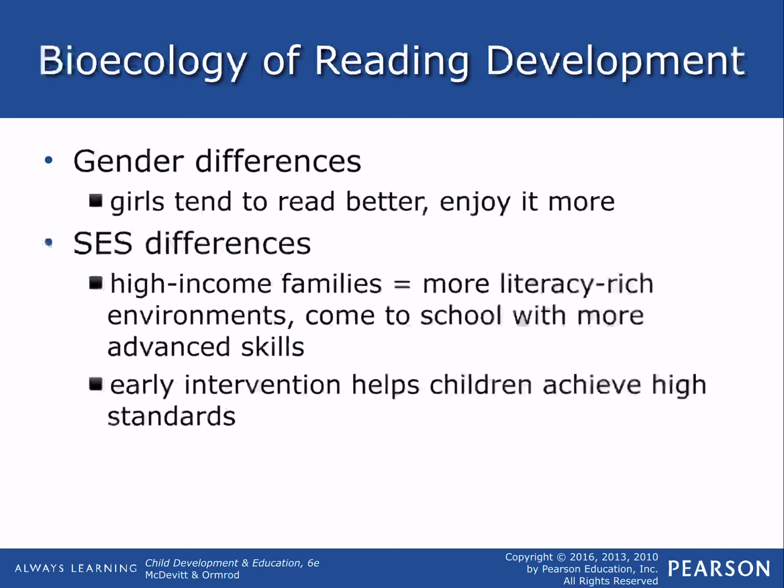Socioeconomic status differences. There's more literacy because there's a more literacy-rich environment. And so they come to school with more advanced skills, even, when they start. But that doesn't mean that I think parents should be doing flashcards with a 2-year-old so that they know how to read, because most of those things are sight words, by the way. Most of that stuff that kids come with are sight words. It's not necessarily that they're, quote, comprehension reading ready.